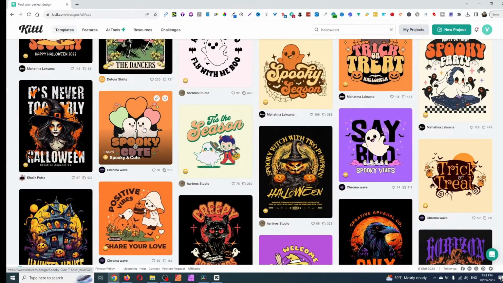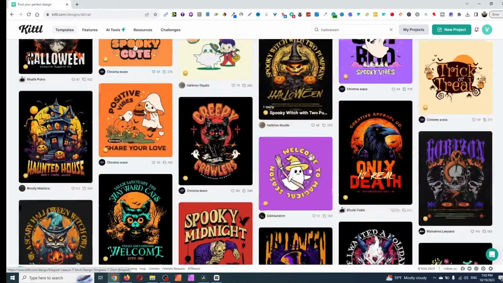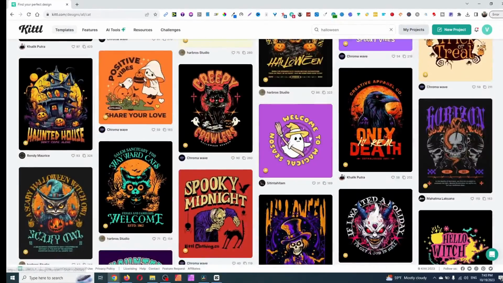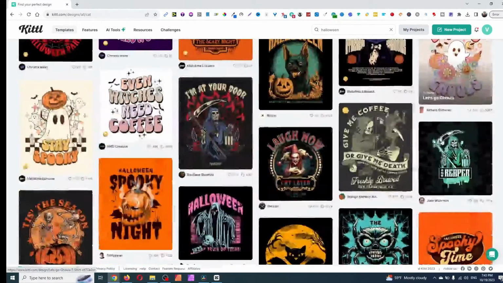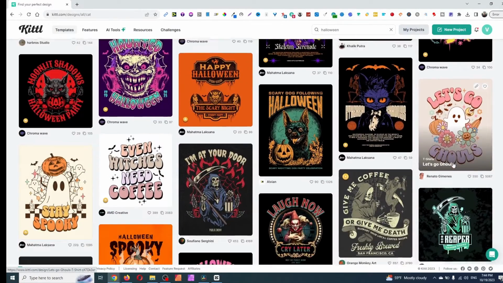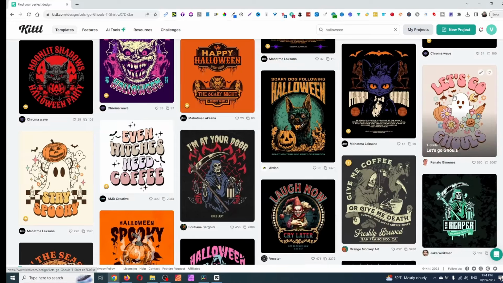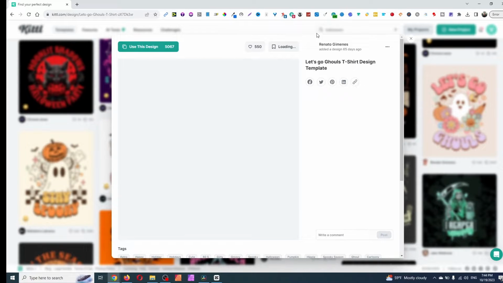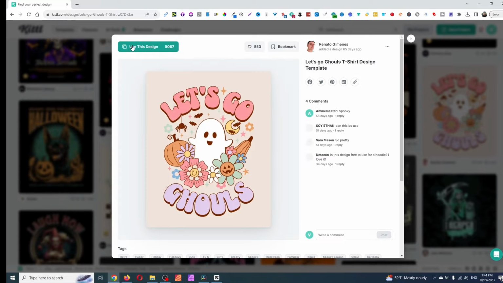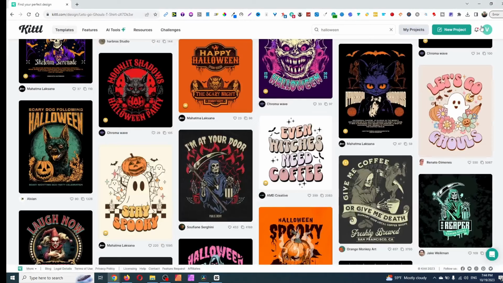We can use this one as well. Spooky cute. Let's use this one or this one. Let's do this one. We can open the file and click use this design, or you can click on new design